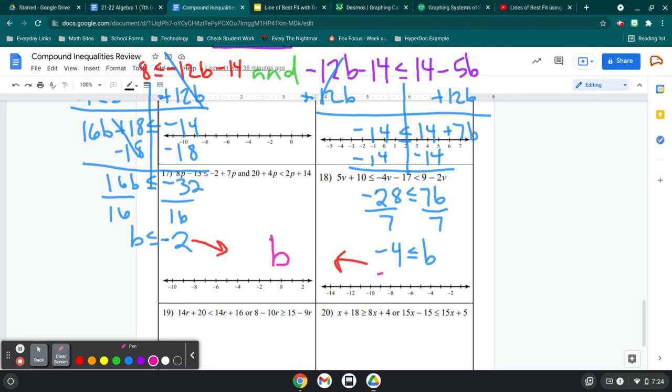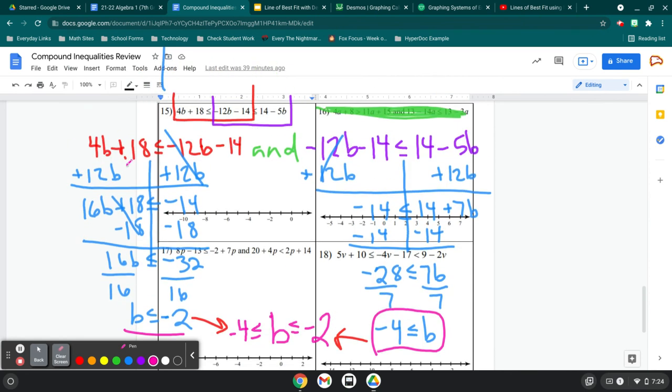All right. So right here we can see that b is greater than or equal to negative 4. And over here, b is less than or equal to negative 2. So we separated it to solve it. You can see that up here, even though we've had to scroll a bunch. And then once we're done solving, we bring it back together. I know that's a lot. That is the trickiest it'll get besides some of those weird graphs that we talked